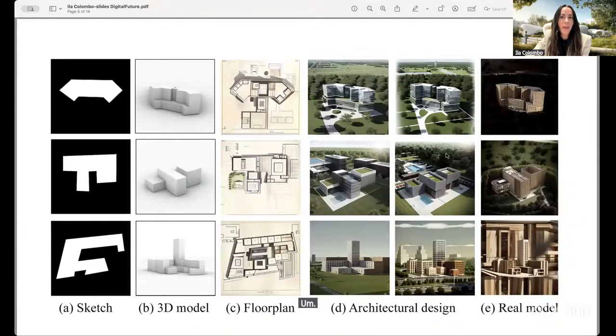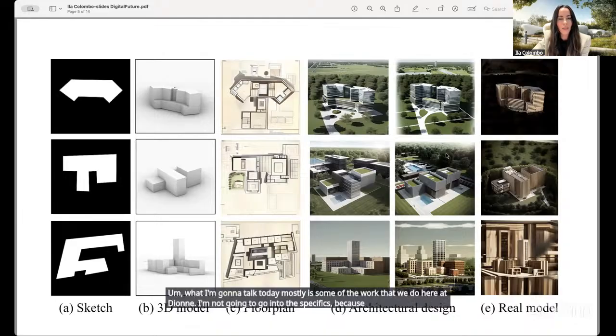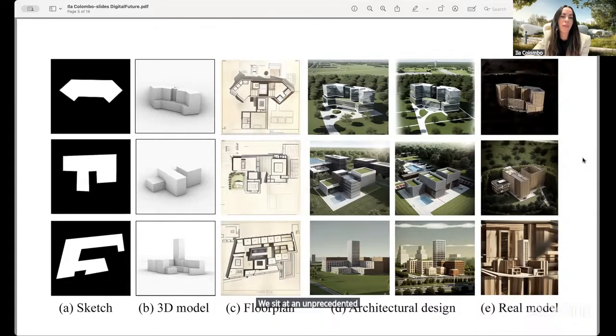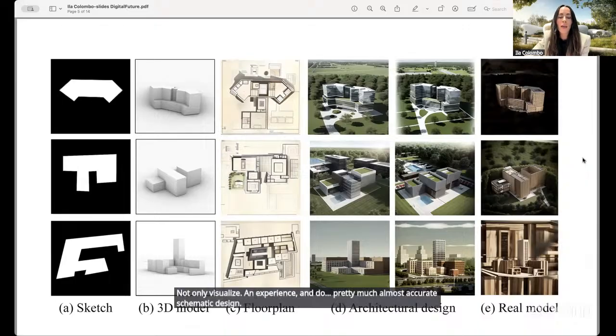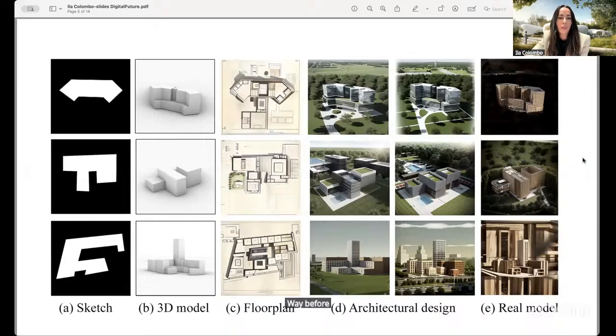What I'm going to talk about today is mostly some of the work that we do here at Beyond. I'm not going to go into the specifics because Carlos has done that very extensively, and I'm grateful for that. But basically, we sit at an unprecedented time in history where you can not only visualize and experience but do pretty much almost accurate schematic design way before, and certainly considerably in advance compared to traditional timelines.